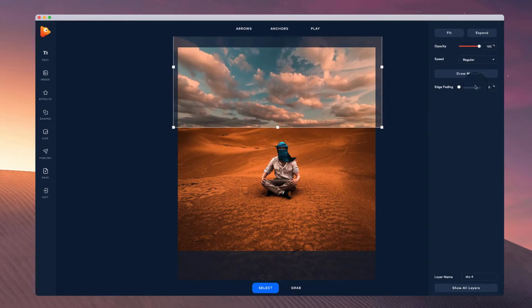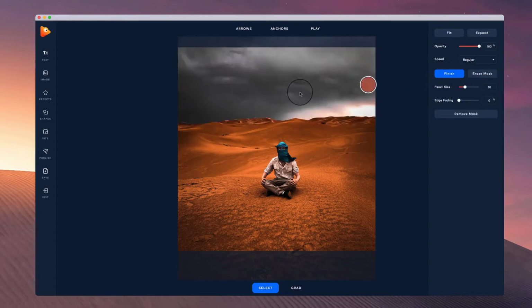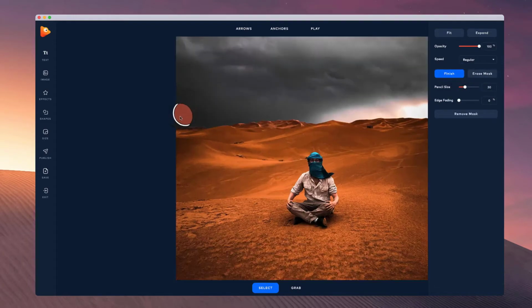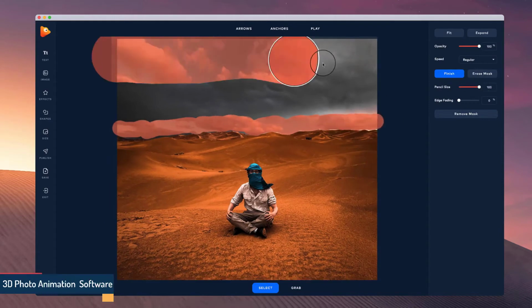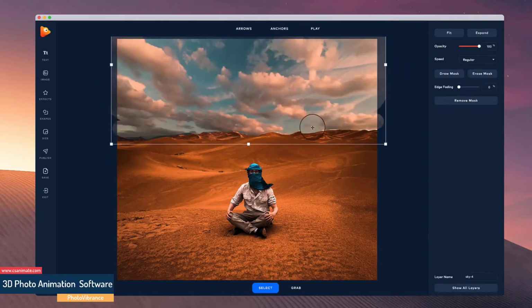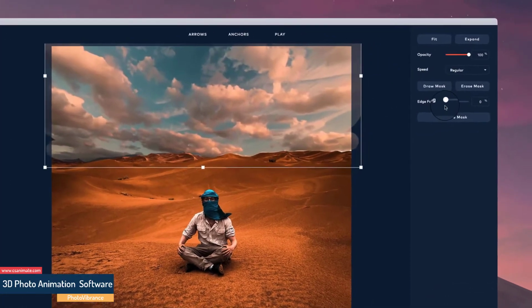The next thing you want to do is click on Draw Mask, and you can simply just zoom in a bit and draw out the edge of your mask over here and then fill it in once you've added the edge. So I'm going to quickly go through and do this. Okay, great. So once you've drawn out the mask, simply hit finish,